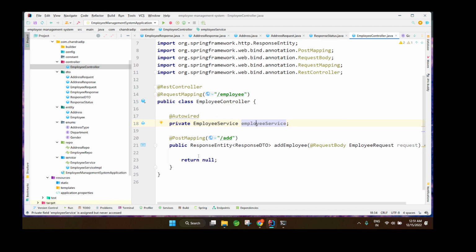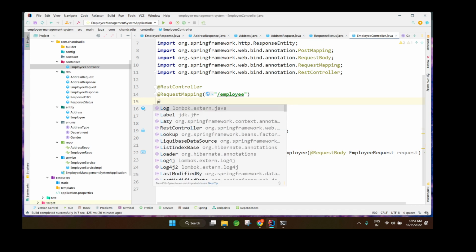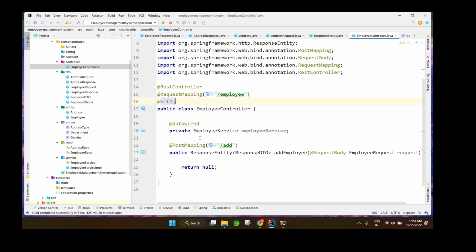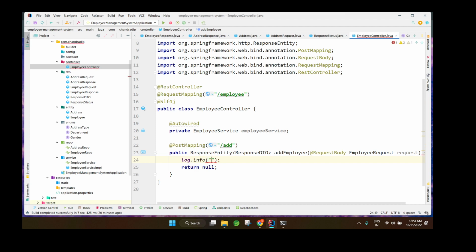This is an interface. Okay, give @Slf4j, okay, log.info inside the employee controller class, add employee method. Okay, next, version as a